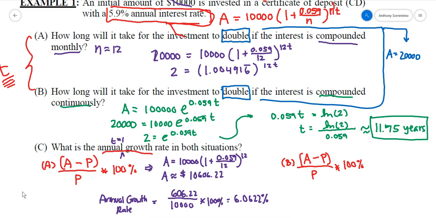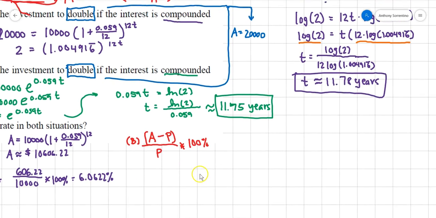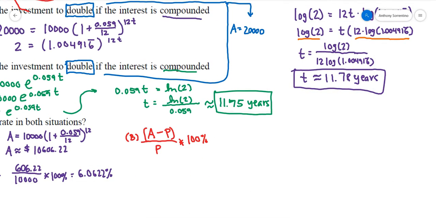So, as for B, let's scooch over a little bit. I'm going to do the same thing, except now I'm going to use the formula A equals 10,000 e to the 0.059 times t, which would be 1. So A is approximately going to be equal to $10,607.75, which means when I use the formula and do my annual growth rate, I'm just going to say AGR for this,